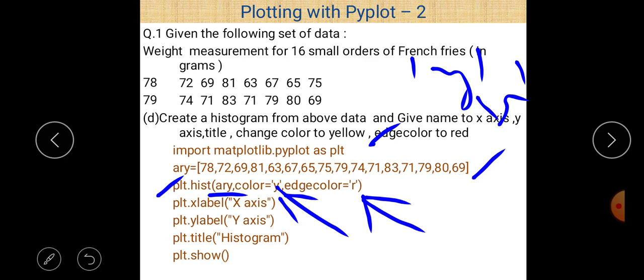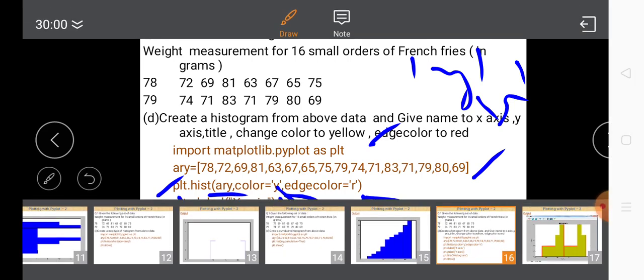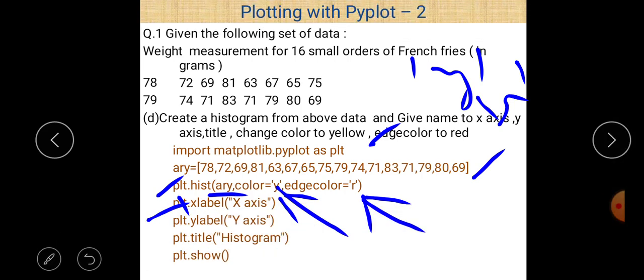Next, xlabel is another method, and if we want to give the name of the x-axis, for that purpose the xlabel method is used, and within parentheses you can easily see that x-axis is given within double quotation marks, so that is the heading of the x-axis. Similarly, ylabel is equal to y-axis, so that is the heading of the y-axis.